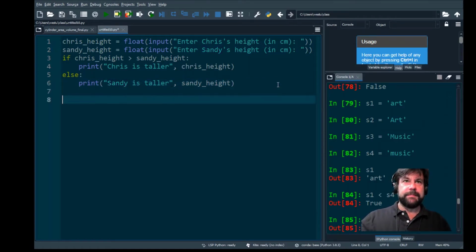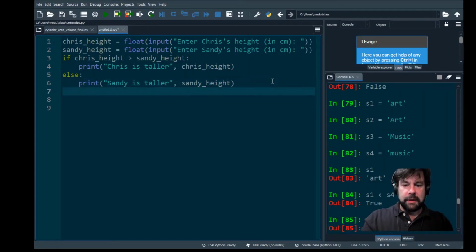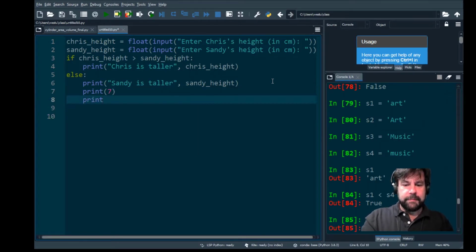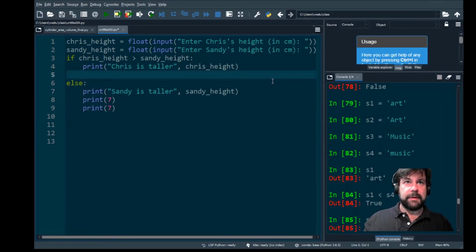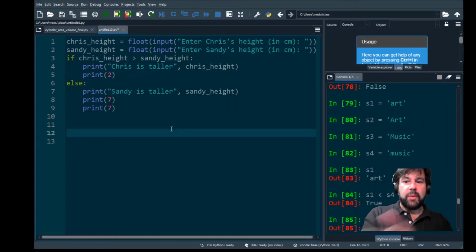And then after we put our indent back, this can be as many lines as we want. Print 7. After we've printed as many lines as we want, we can do the same up here, as long as we maintain the indent. Print 2. Okay. After that, we drop back down. We kill our indent. We come back down here and we print